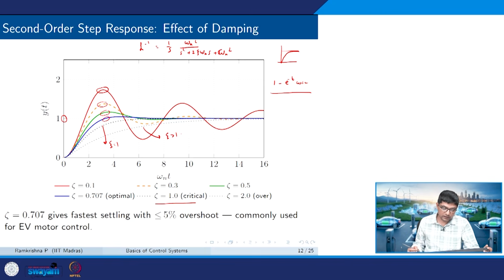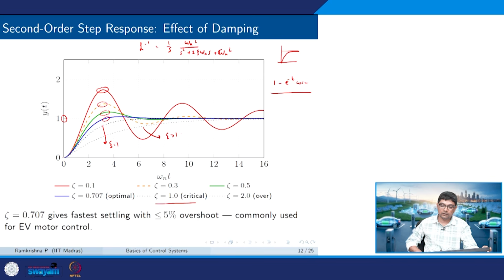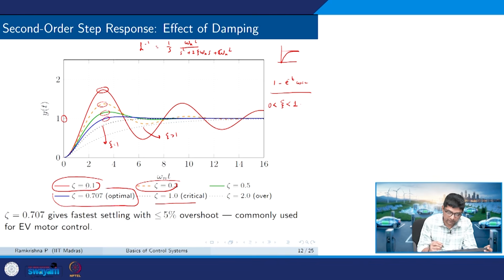Okay, so what is the observation here? The observation is that, let us say I am looking at zeta less than 1 and greater than 0. Those are values which are here, and also here. In these three values, what I see is that my system